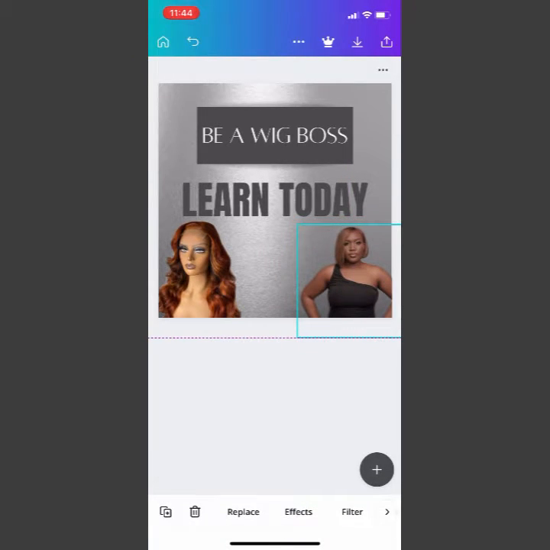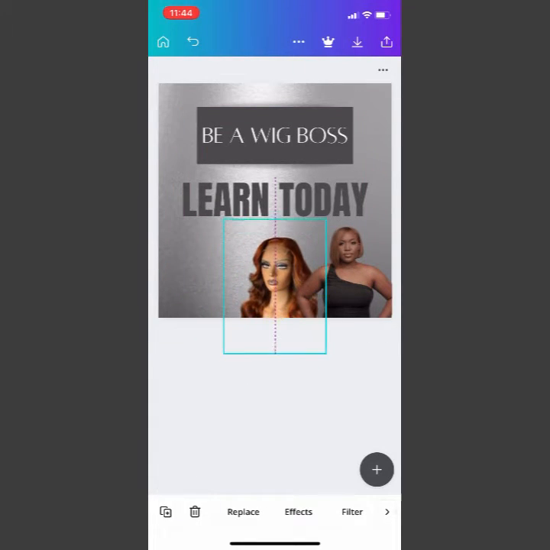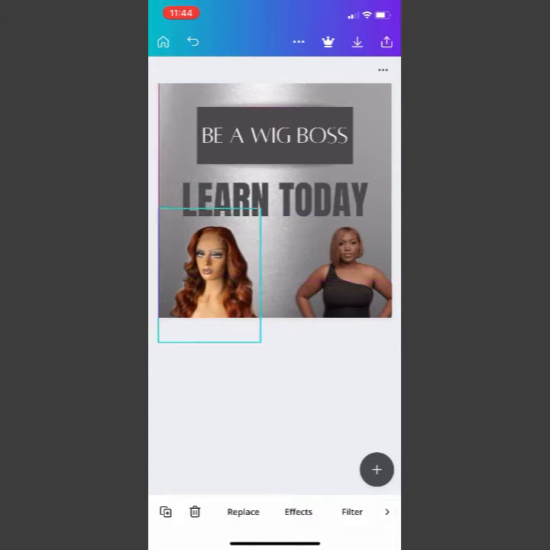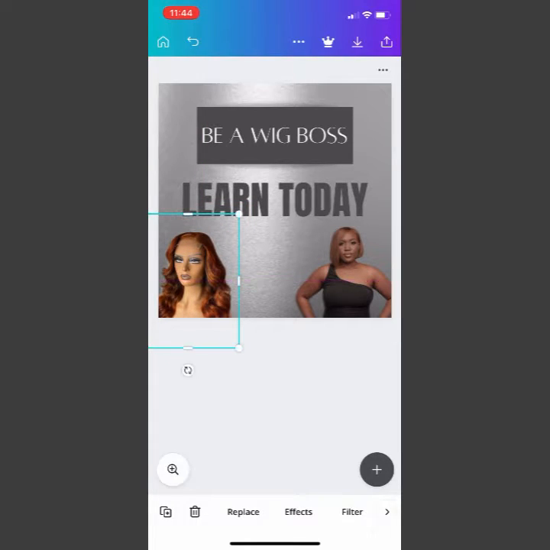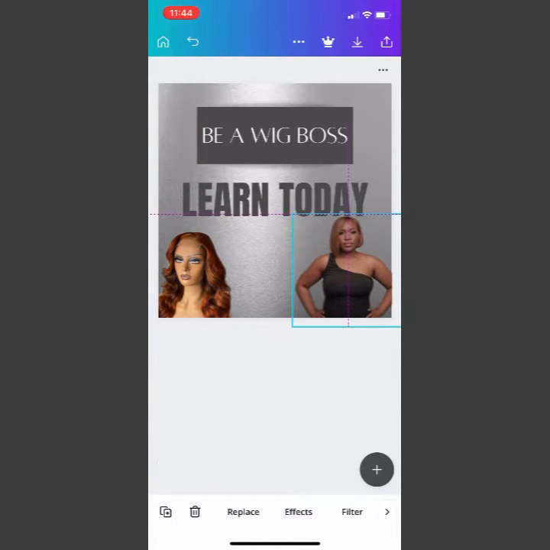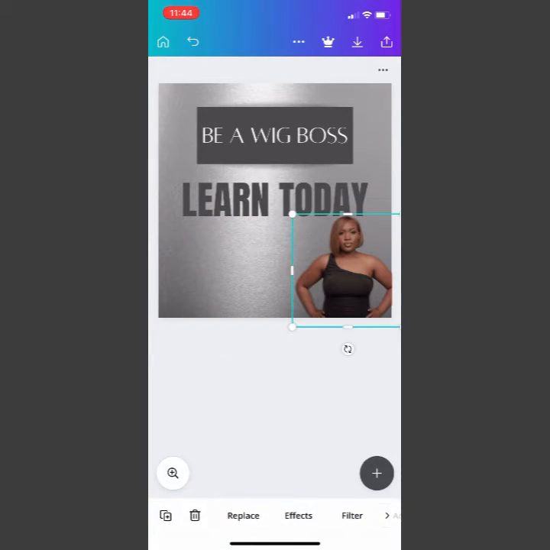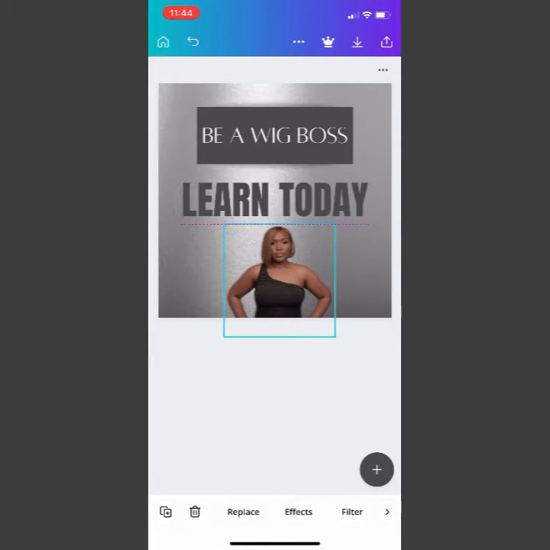Now, when you're creating a flyer, you want to make sure things are in a certain position. Like I mentioned before, you want everything to be appealing to the eye. After playing around with both cutouts, I felt like one was good alone, so I deleted the one with the wig. I take the cutout of myself and I just reposition it to a different area on the flyer. And after this,